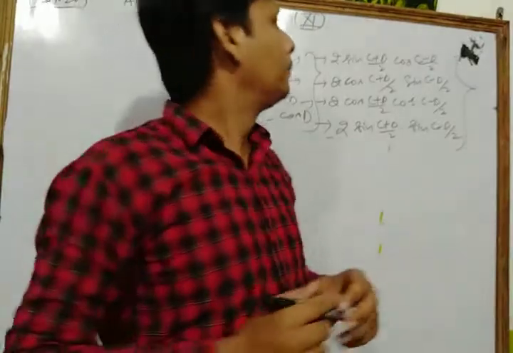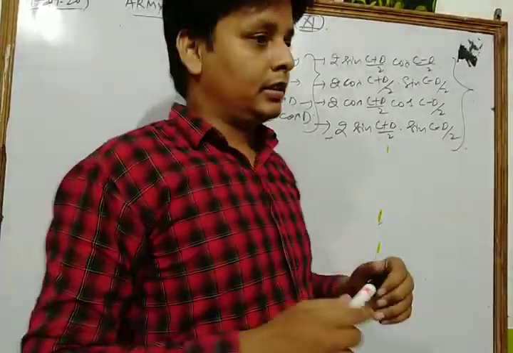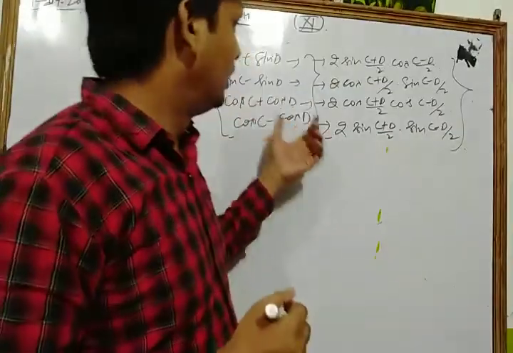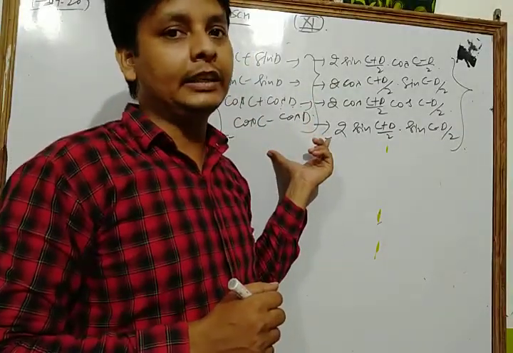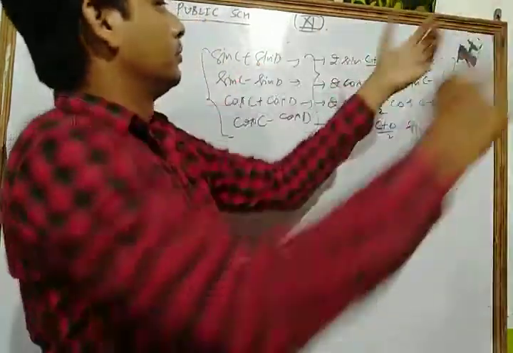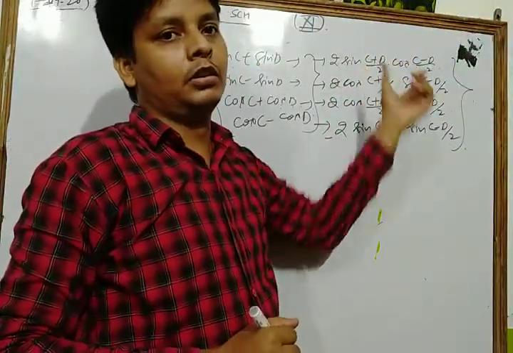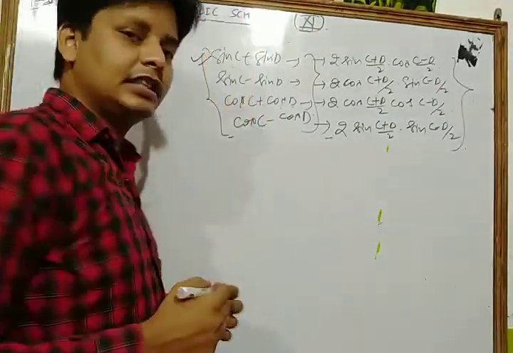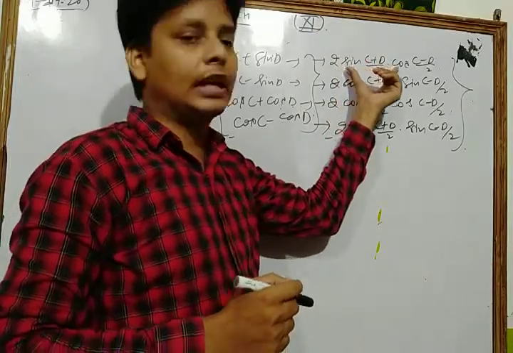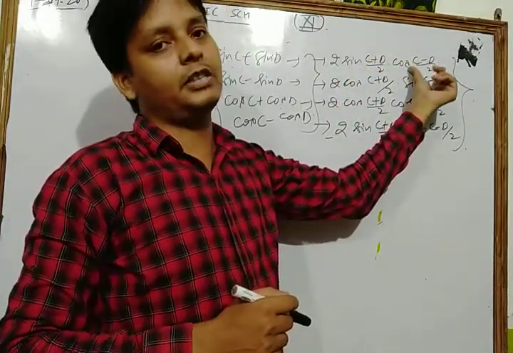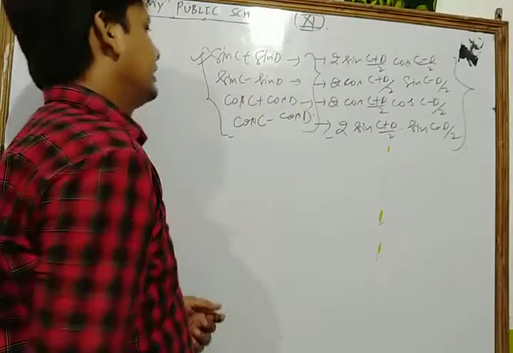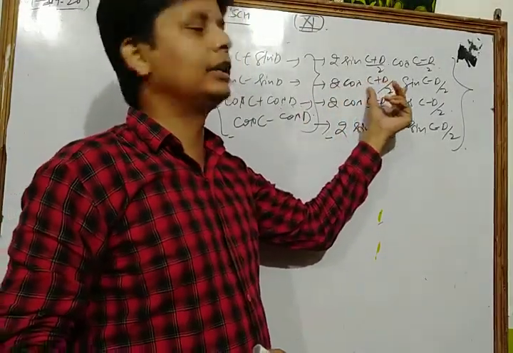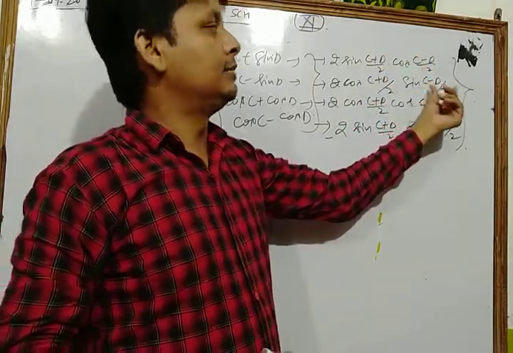Good morning, students. Yesterday in class I discussed the chapter trigonometric functions, and we discussed 4 trigonometric identities based on the product of sine and cosine. Let's see. First formula we discussed in previous class, that is sin C plus sin D, which is equal to 2 sin (C plus D by 2) into cos (C minus D by 2). Second identity is that sin C minus sin D, which is equal to 2 cos (C plus D by 2) into sin (C minus D by 2).